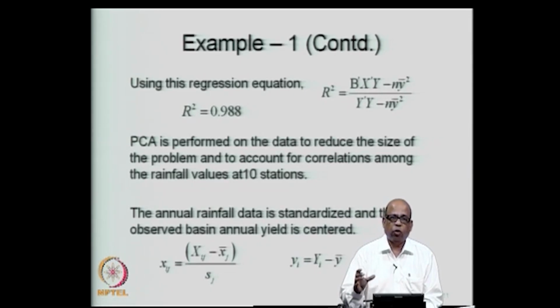But what do I mean by account for? It is not as if we are calculating the correlations and putting it into the regression. No, we want to convert the original set of independent variables which were all correlated among themselves to another set of variables which are uncorrelated among themselves, and that is what we mean by accounting for the correlations